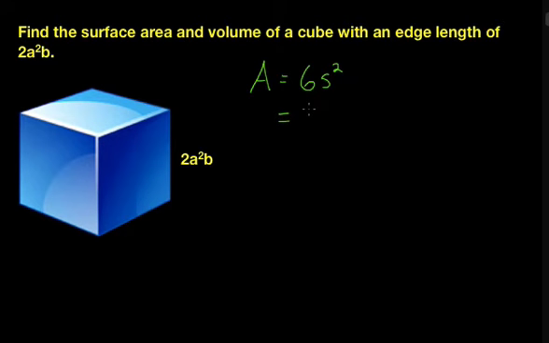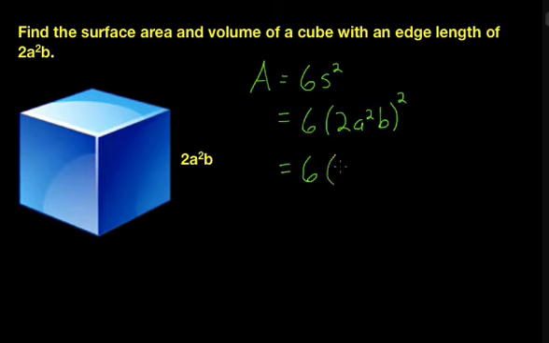So we're going to multiply the side length 2a squared b by itself. We're going to square the side length, and then we're going to multiply it by 6. So the first thing we want to do is distribute this exponent. We want to get rid of that first because exponents come before multiplication in the order of operations. So distributing this exponent gives us